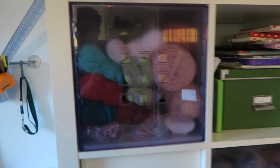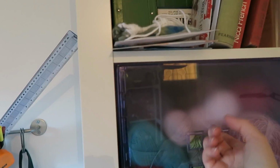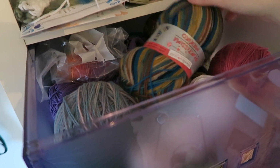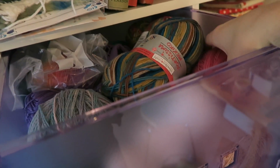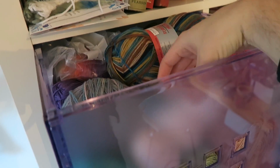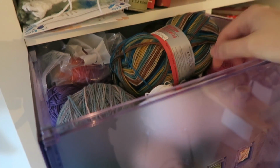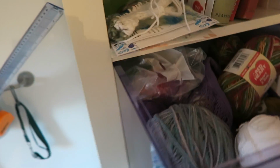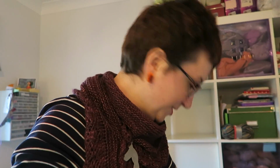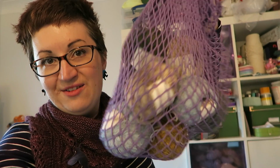There's some more yarn. So this bucket is more sock yarn, some of it slightly less luxury, or slightly less well maintained, so random bits and bobs. There is, however, if I can get to it, took a little bit of work to get to the bottom of that box, but I also have a bag